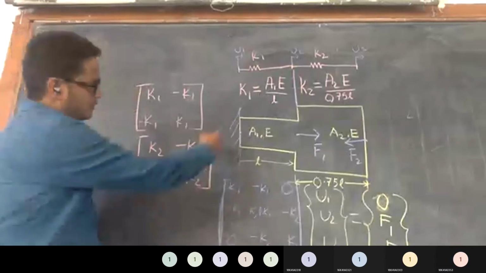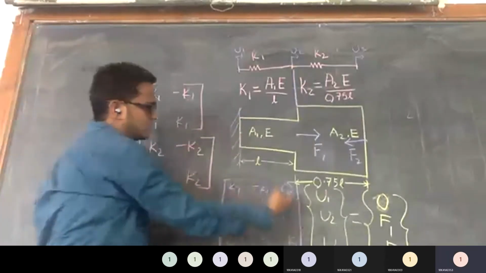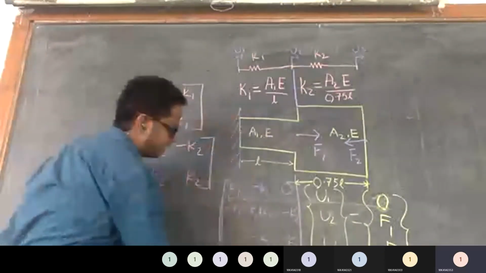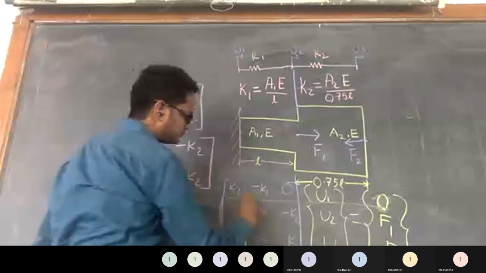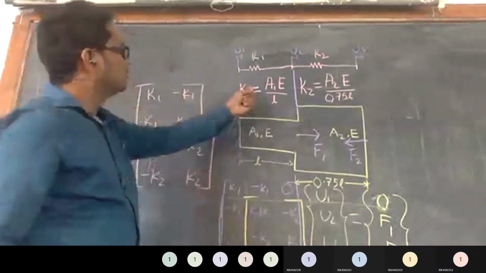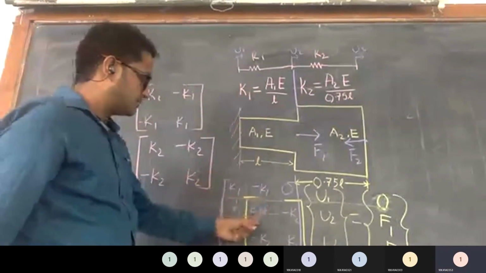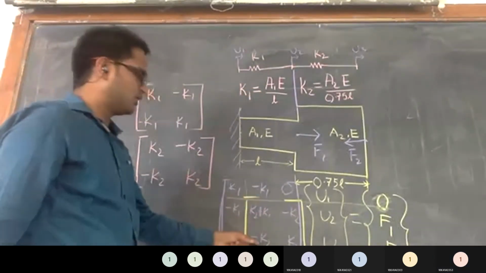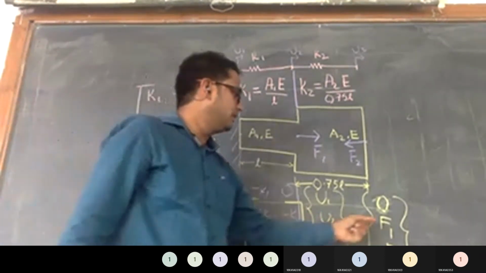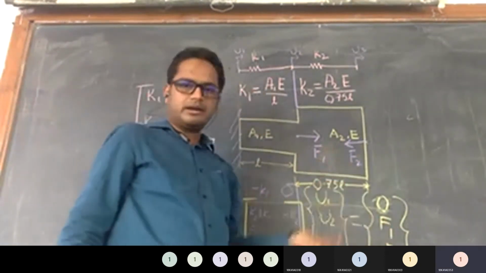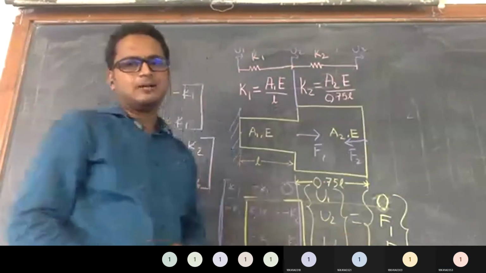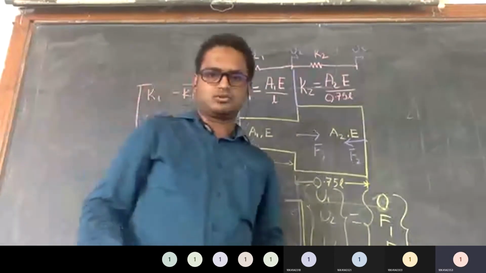So now you have to apply your boundary condition that this end is fixed. So U1 will become 0. So you can remove top row and top column, and it will become a 2 cross 2 matrix. The values K1, K2, you calculate from here, substitute those values at this location, and then solve to get U2, U3. Values of F1 and F2 they may give you, or if it is not given, you can consider it as a constant. So is that clear?